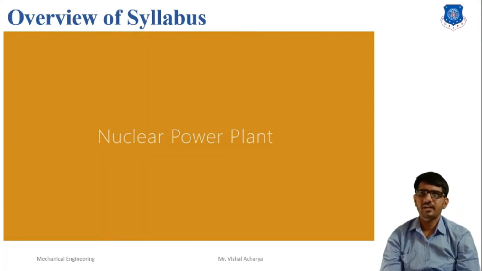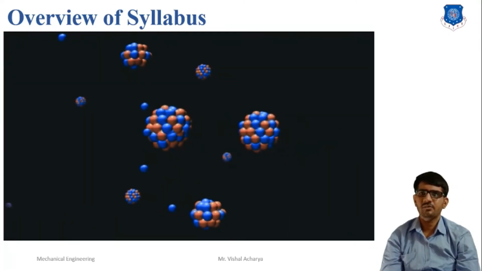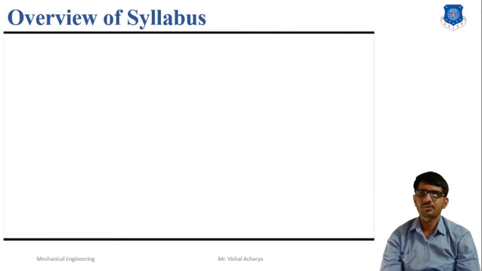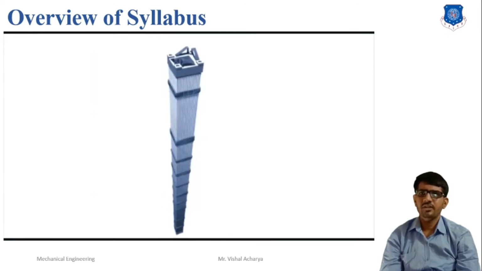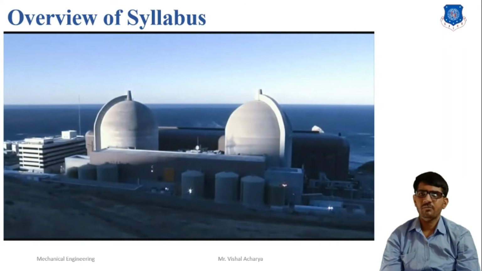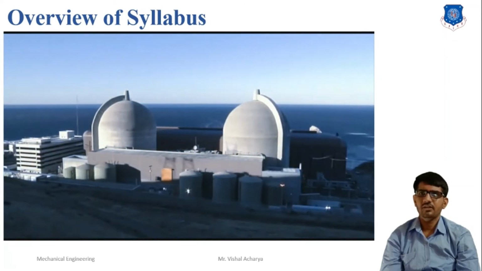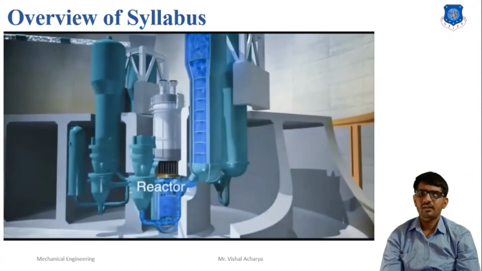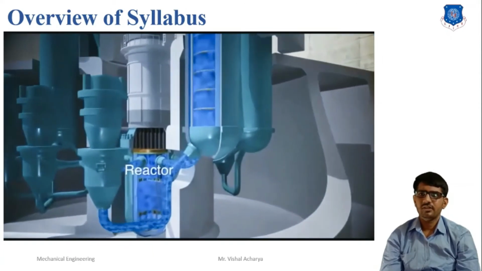Our next criteria is the nuclear power plant. A nuclear power plant produces electricity with the help of the fission process. Here we use uranium as a fuel, and the uranium fuel is like a capsule; we collect it into one rod, and a number of rods are established in a nuclear reactor. A nuclear reactor is like a boiler in a steam power plant.